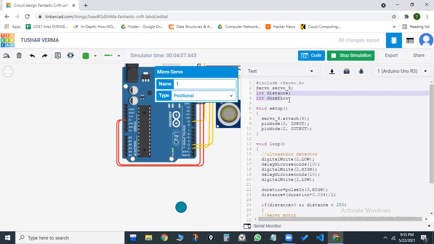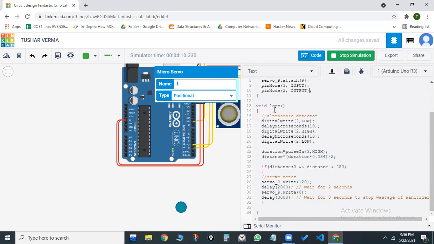These two variables, distance and duration, are used for calculating the range, for detecting the presence of a human hand or object in the range of the ultrasonic sensor. I've used this in the void setup loop. We've got three statements. Servo underscore 9 dot attach 9 informs the microcontroller that our servo motor takes in signal from pin number 9.